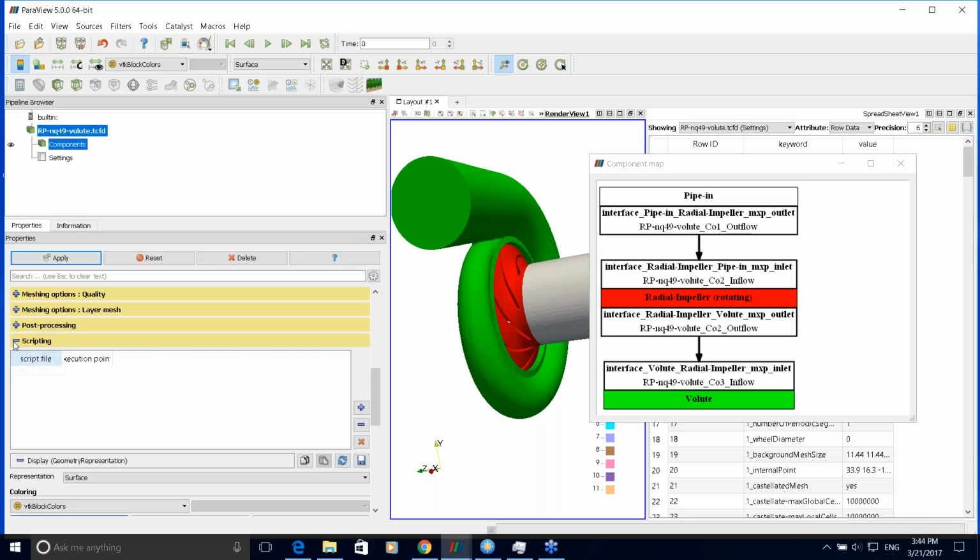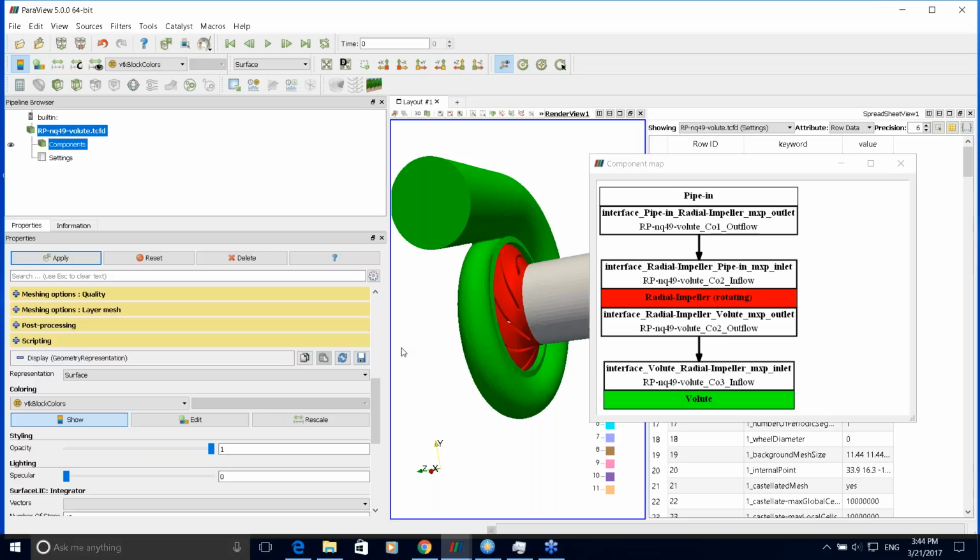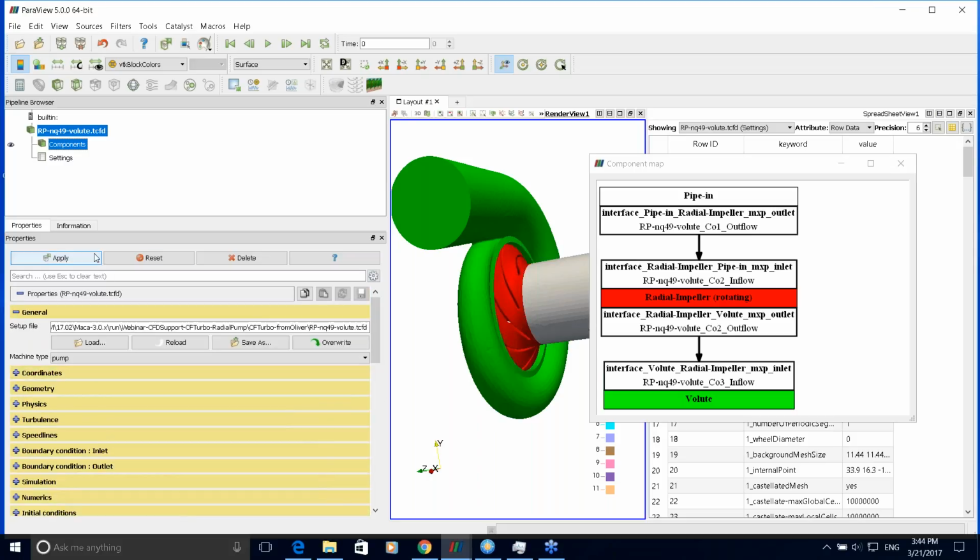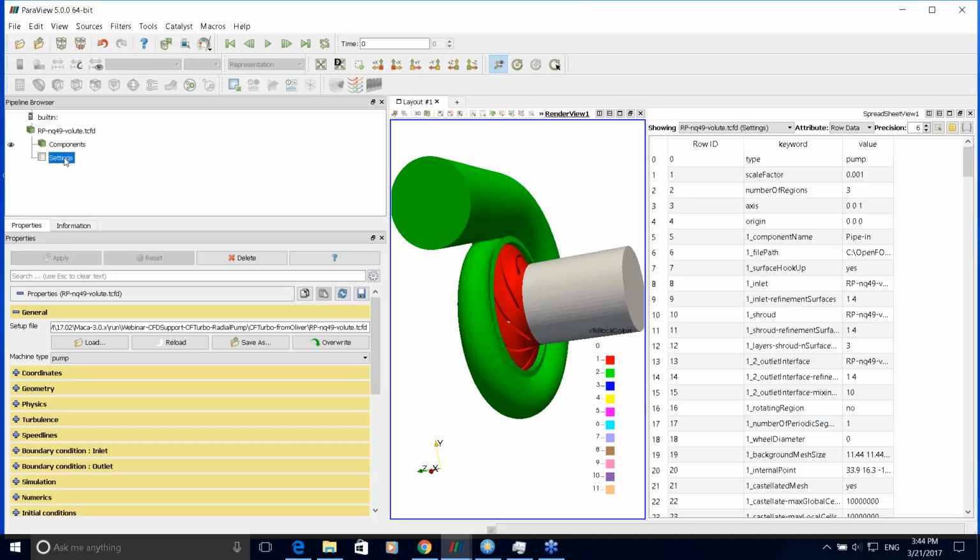And of course, in the scripting part, you can define your user-defined functions. Anytime you are satisfied with your setup, you should confirm it by clicking on the Apply button, and afterwards